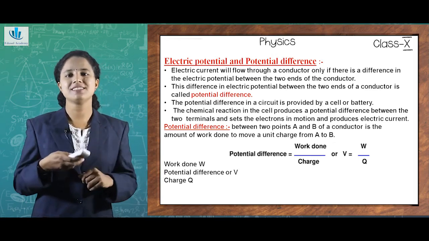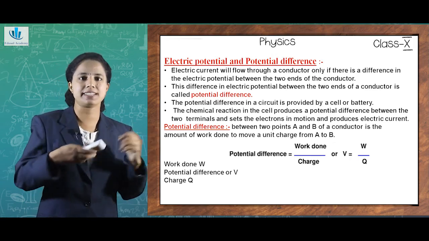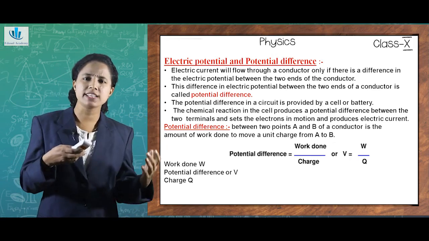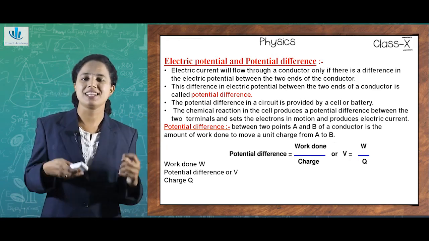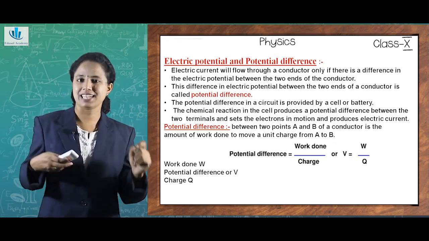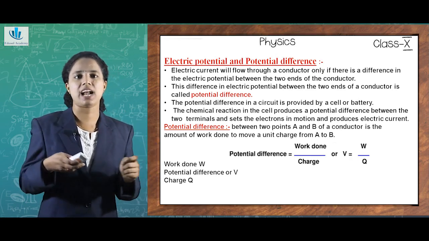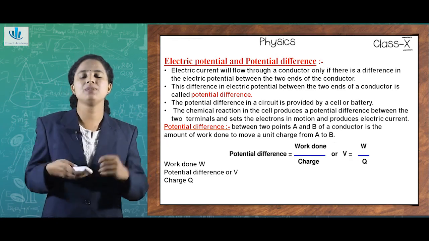So we have already found out that electric current flows through a conductor. And how is it possible? Is it possible in all cases? No. There is a condition which is applied. That is, electric current flows through a conductor only if there is a difference in the electric potential between two